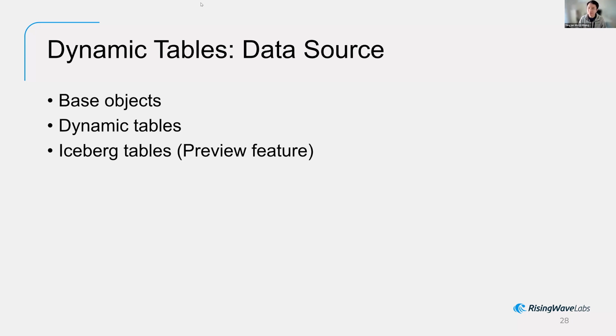Another data source that interests us for a long time is actually Iceberg tables. As you may know, Snowflake has already announced their own catalog thing, for the data lake catalog, and they were investing in the Iceberg direction. So they will allow people to ingest the data from Iceberg tables. Let's say we have a table stored in S3 in Iceberg data format, you can essentially use a dynamic table to ingest the data from the Iceberg table.